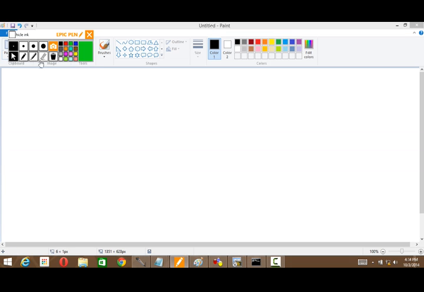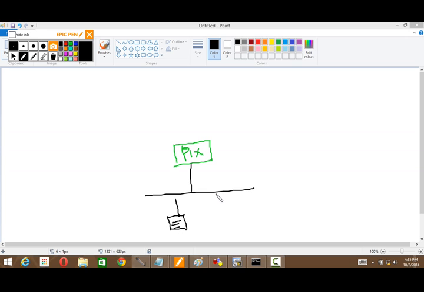The scenario says you have PIX here connected to your company. Your company has 2 servers. This server is the same subnet, 1.0. This is .1. This is .2. This PIX is connected to the internet,